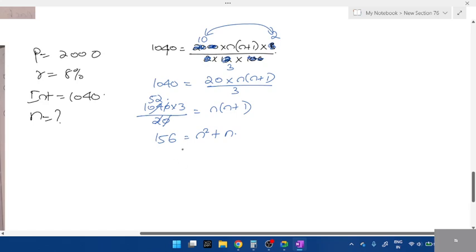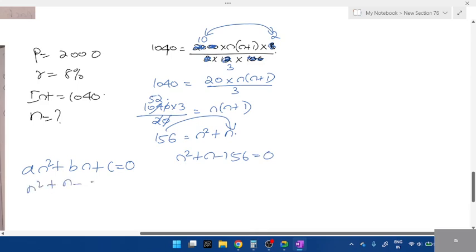Okay, next. How do you arrange this? What's the formula I told? An square plus bn plus c equals 0. If you arrange this, this 156 goes to the other side. N square plus n minus 156 is equal to 0. Compare this. What is A value? B. C is equal to